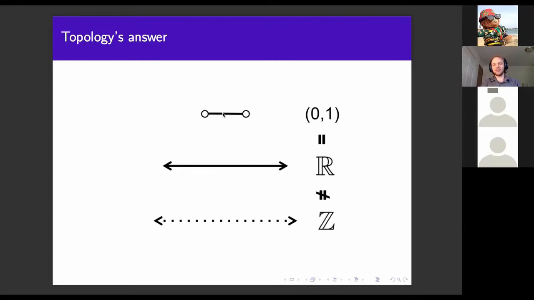So if I give you any number between 0 and 1, you can walk to the other one along the line. Same here. If you were a little person trying to walk along the integers, you'd have to make some pretty big jumps. You'd have to jump one every time. And so they say, of course, look at it, it's obvious.